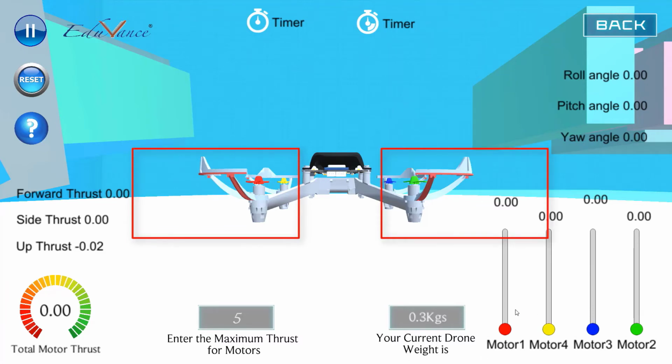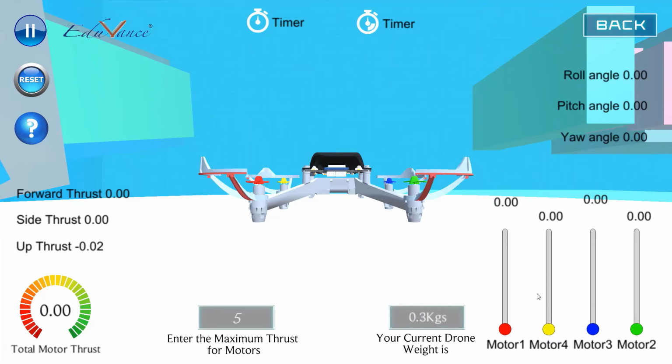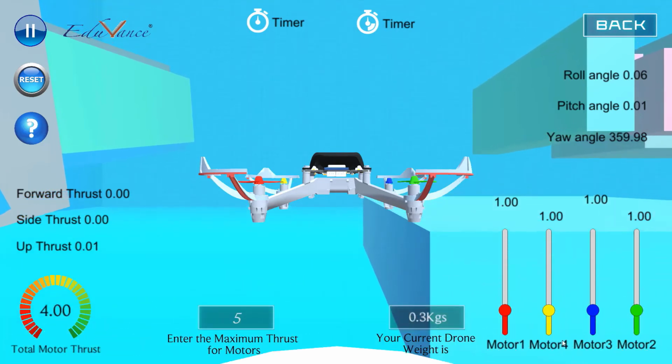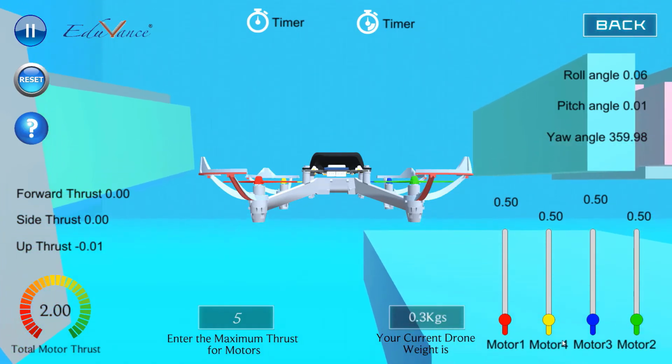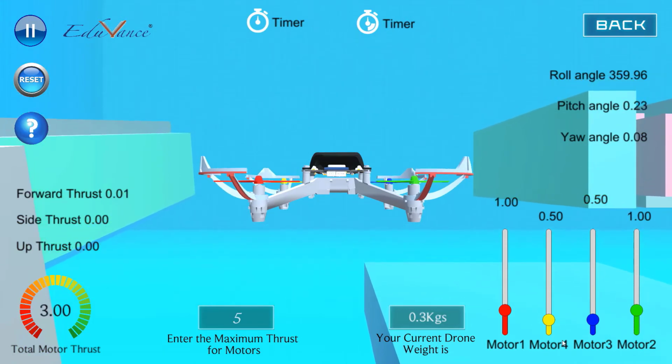As I told you, you have three options. Do you reduce motor 1 and motor 2 like how I showed you, or do you increase motor 3 and motor 4, or you reduce motor 1 and motor 2 by some small amount and you increase motor 3 and motor 4 by some amount? I want you to try that on your own, and you should see the impact it has on the drone. So let me show you the final action once again before we conclude this lecture. First, we increase and reduce so that we are hovering. Then I increase motor 1 and motor 2.